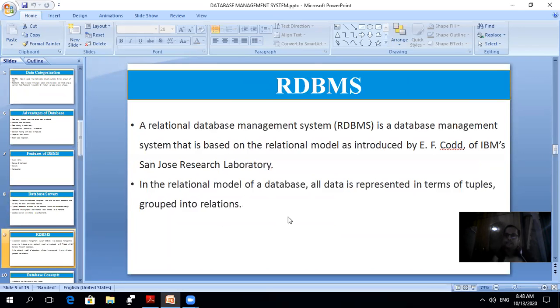Next, DBMS. RDBMS. R stands for relational. Here we use the concept of relational database, not flat file. देखो इसका नाम फ्लैट डीबीएमएस नहीं है, इसका नाम है RDBMS, that is called Relational Database Management System. क्लियर? Because in relational data model we work in multiple tables और टेबल्स are connected or combined using a common